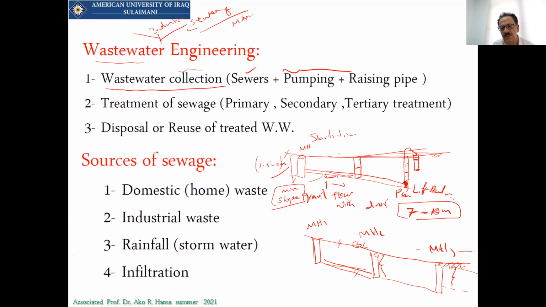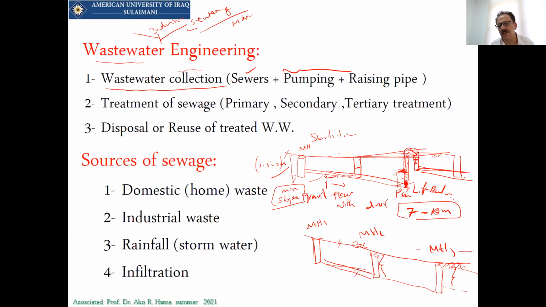So these will be submersible pumps, and we have a sensor for this one. The sensor will start the pump when the waste reaches a certain level. There is a floatable switch. When the floatable switch is triggered, it will let the pump act and empty the waste collected here to this manhole. And then there will be another manhole, and the flow will also be by gravity, and so on.